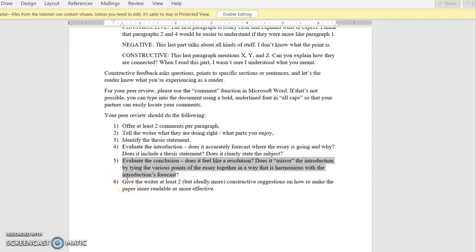One of the things that a really good conclusion does is remind you of all the ground that you've covered as you read the essay, and remind you how those pieces fit together to come to a specific point. The conclusion and the introduction obviously can't be identical, but they should have a clear symbiotic relationship. They should mirror each other in a sense.